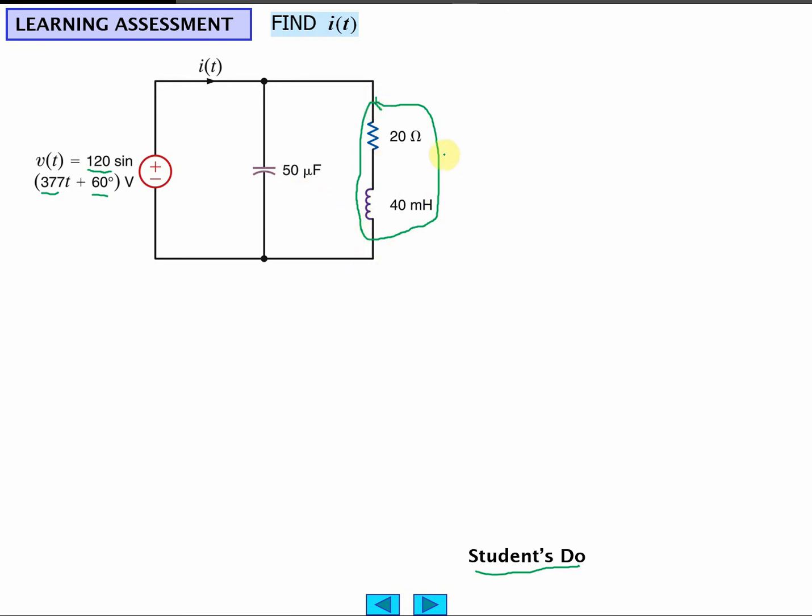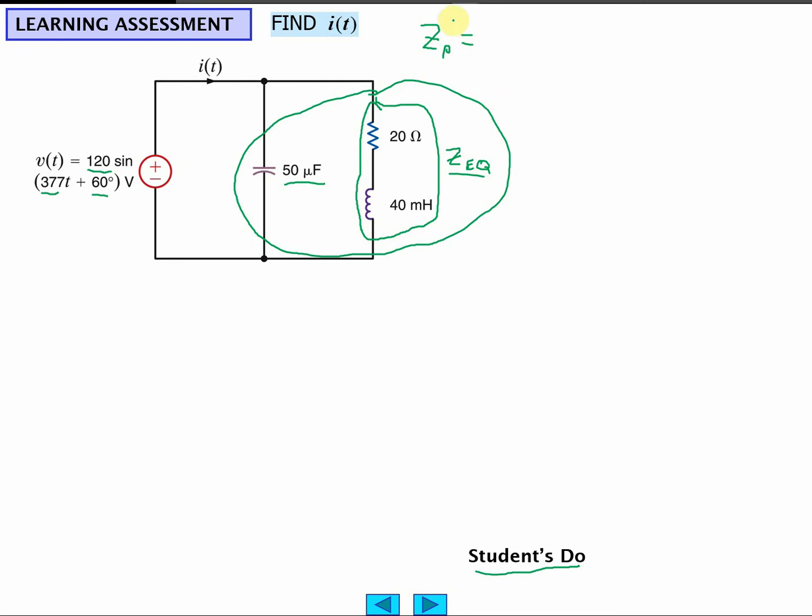And then take that equivalent impedance and figure out the equivalent impedance of the parallel combination of this and this. So you would have, the impedance of this is j omega c. So impedance of the parallel combination